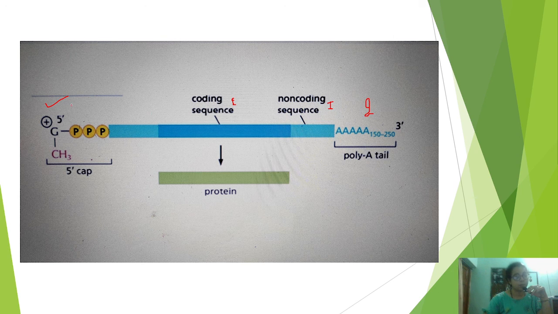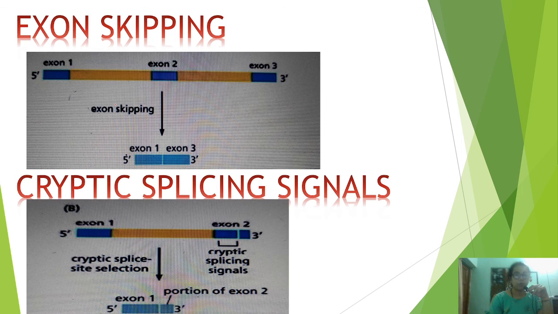The first processing method is capping, the second processing method is polyadenylation, and the third is the removal of the non-coding part. You can see here that this coding sequence is responsible for the protein formation. This is the overview idea which I have been telling you till now. Now moving to the types of